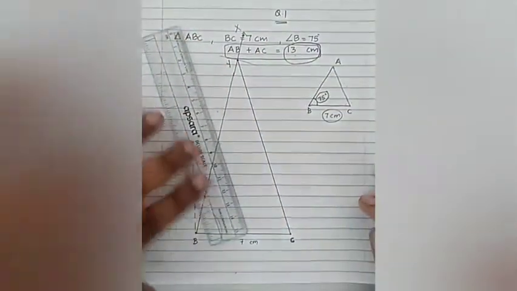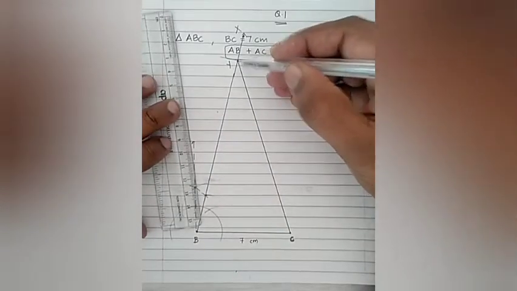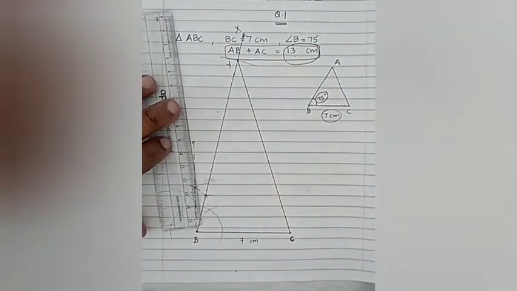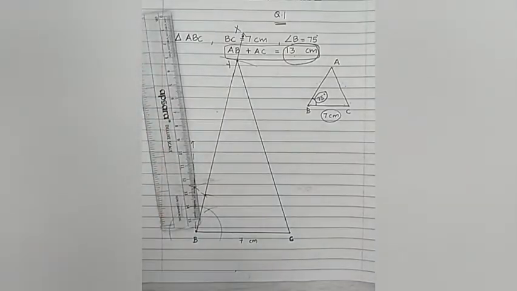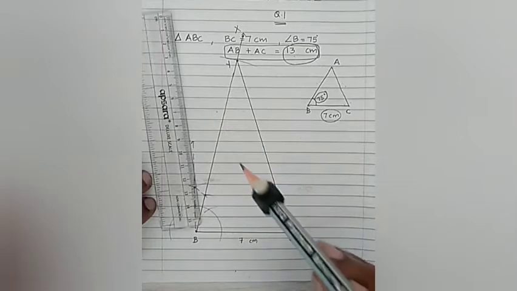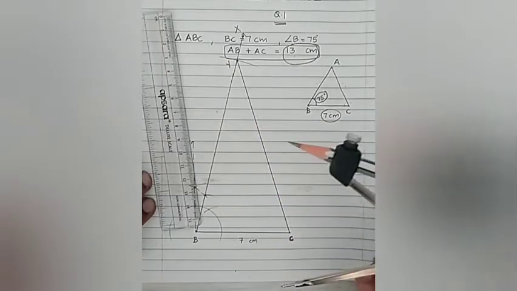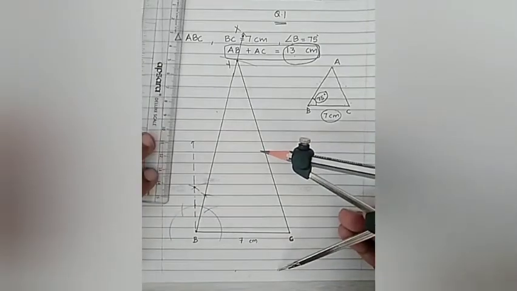Okay, so what I've got now is a new line segment, which is YC. The next step, we're coming to the end of the construction. All that I will do is make a perpendicular bisector of YC. So how do we make a perpendicular bisector? We learned this in our previous grades.